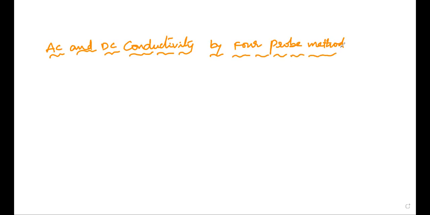To study the temperature dependence of resistivity of a semiconductor, we can use this four probe method, and to determine the band gap of an experimental material like germanium. So it is used to determine the band gap of germanium. Okay, so generally